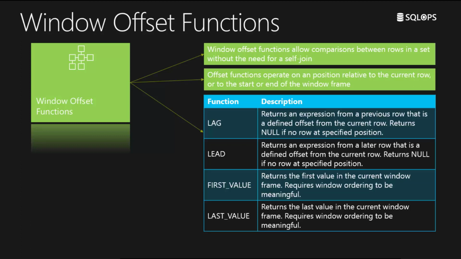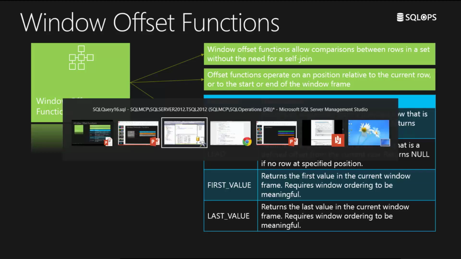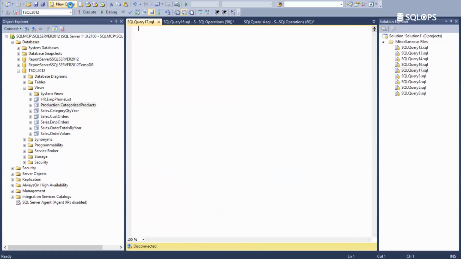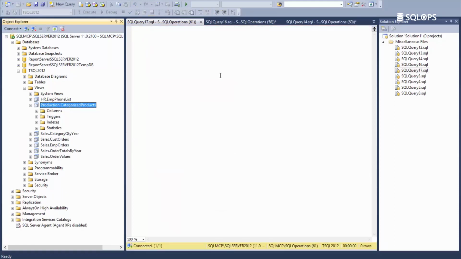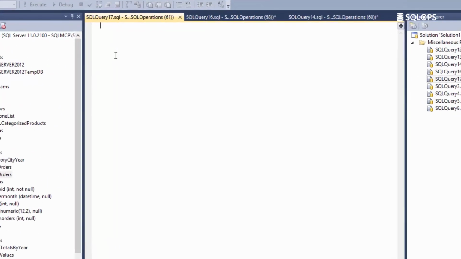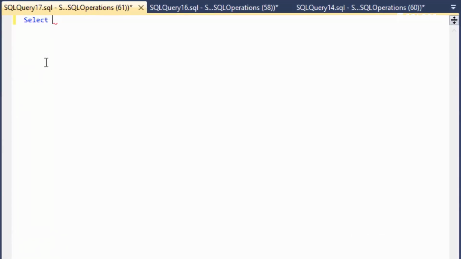Now let's take a look at some examples of the window offset functions. Let's open a new query. Let's say you want to compare year-to-year sales of each of the employees. You can do that by using the Sales.EmpOrders view. Let's do a simple SELECT empid, the year of the ordermonth column, and let's call it orderyear, and then the sum of the number of orders as currentsales,